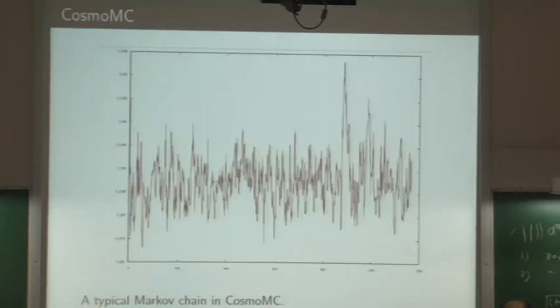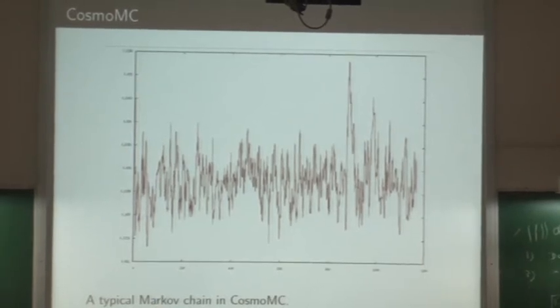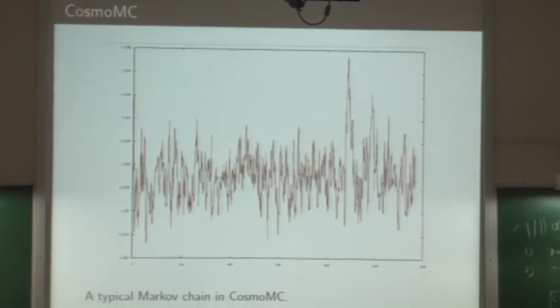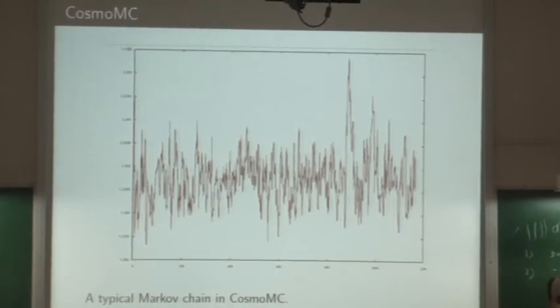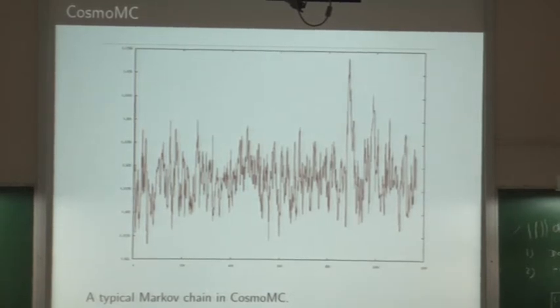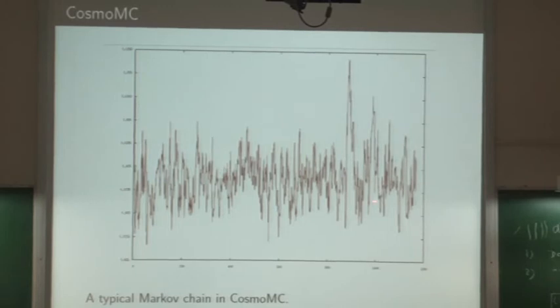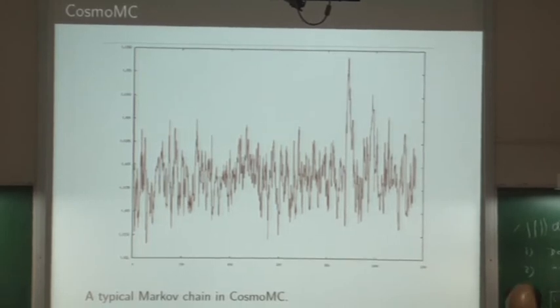So this is how a typical Markov chain goes. When you run the code CosmoMC, it gives you points in the multidimensional parameter space, which are called chains. These points evolve with time. Here you can see the steps 1, 2, 3, 4, and this is some parameter, maybe omega b h squared. Along that dimension, this chain moves in this way, this chain moves in this way, and then there are many other chains.